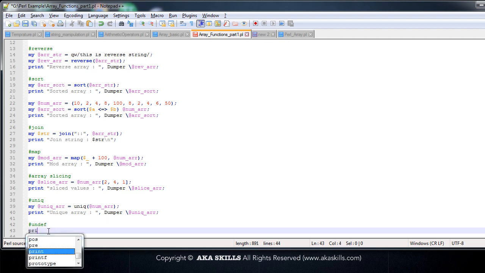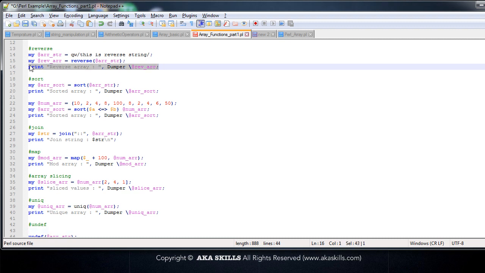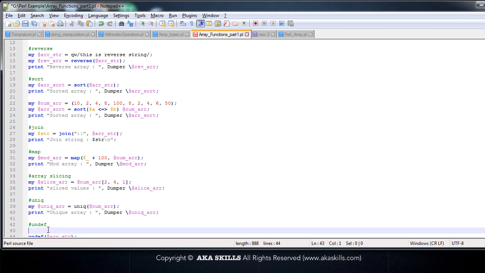Now what we'll do is we'll print the array before and after using the undef function. So I would just say before undef, and here we'll simply change the name to arr_str,